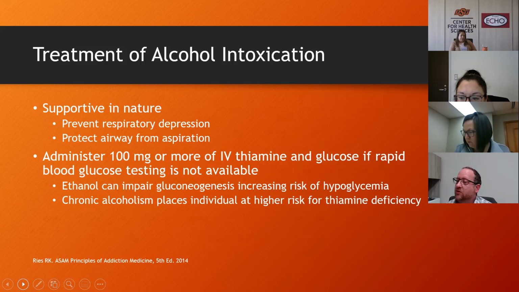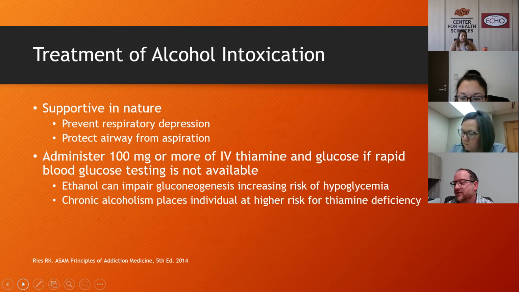And so we're really just going to have to use means to help them keep breathing in extreme cases of that. And that could get to the point where people end up on ventilation or mechanical ventilation in more extreme cases. Another concept to talk about is if you're in a medical situation and someone comes in